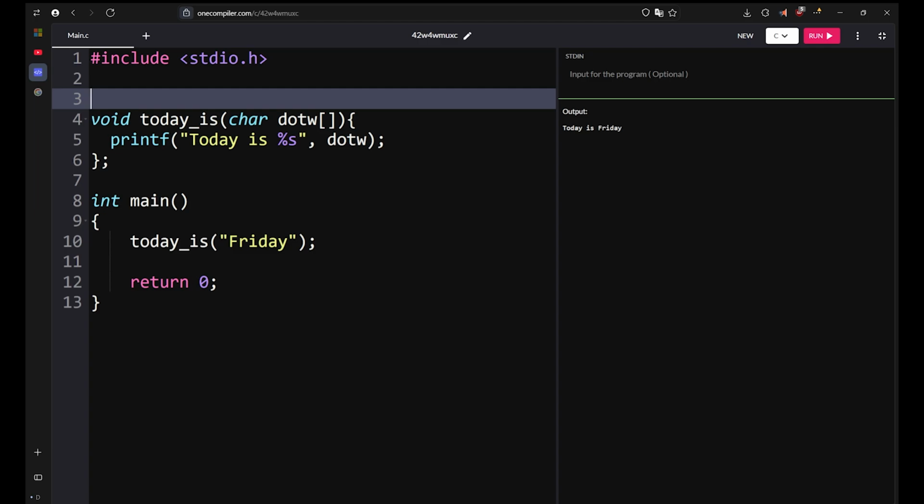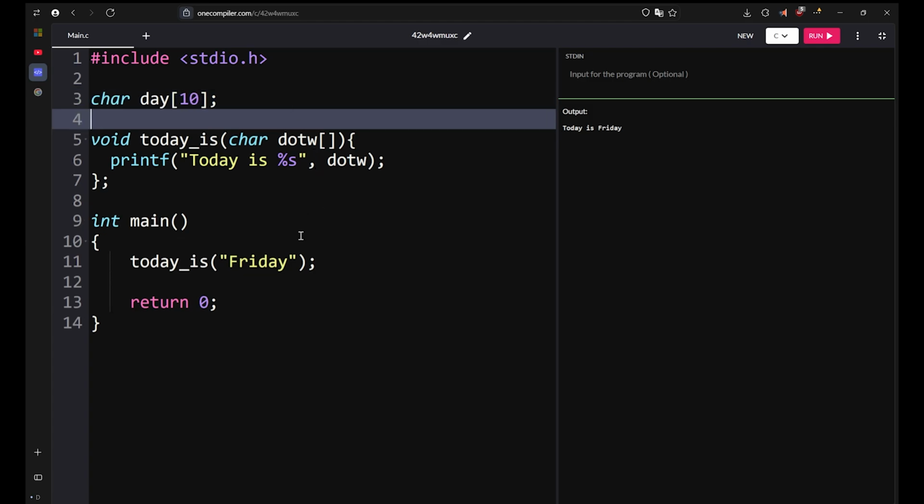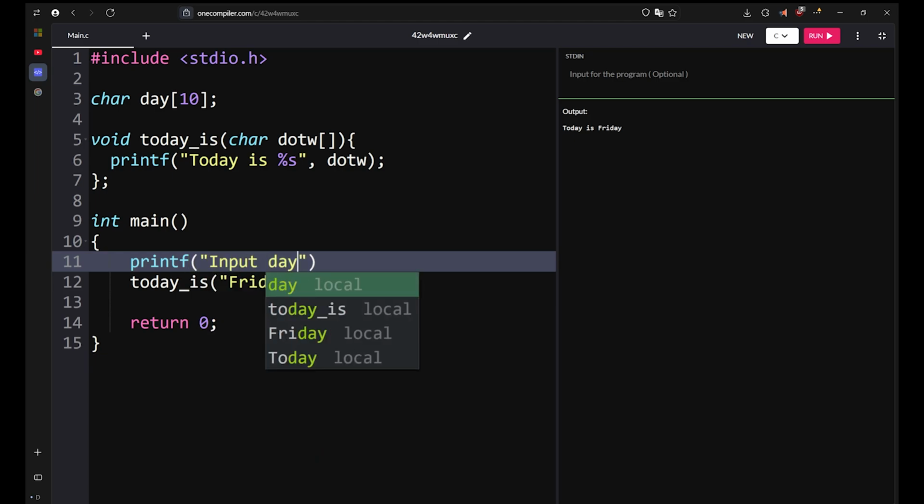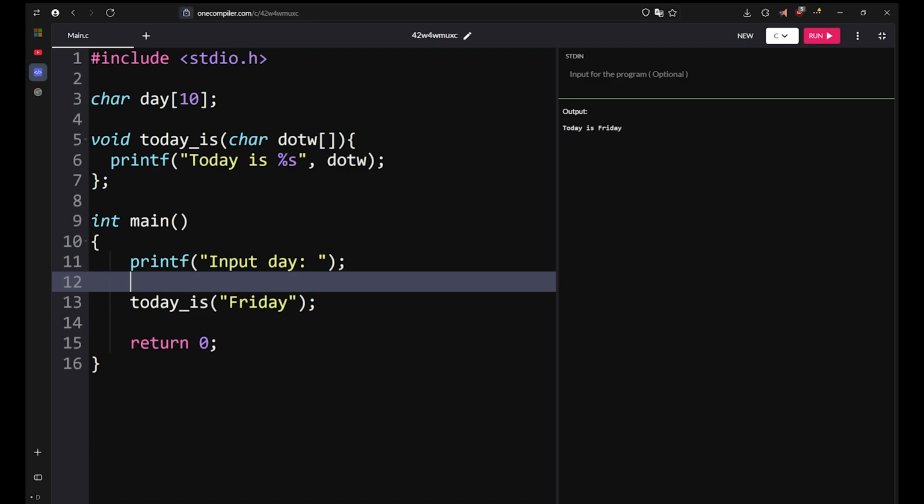We're gonna first declare, we're gonna say char day. It's gonna be 10 because there's no day of the week with more than 10 letters. We come down here, so we're gonna say printf input day. Next we're gonna be scanning, so scanf